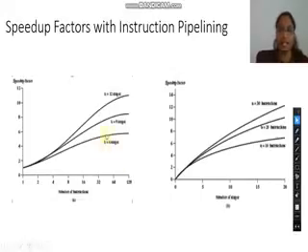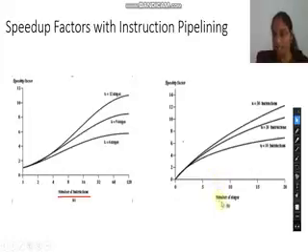You can see the graph here, how the performance of the CPU has increased with instruction pipelining. The first graph is between the number of instructions and the speed up factor. As the number of instructions gets more, and the number of stages also gets higher, the speed or performance will be more. When the number of stages is 6 you can see how much speed has increased, and when it is 9 stages and 12 stages, how much the speed has increased.